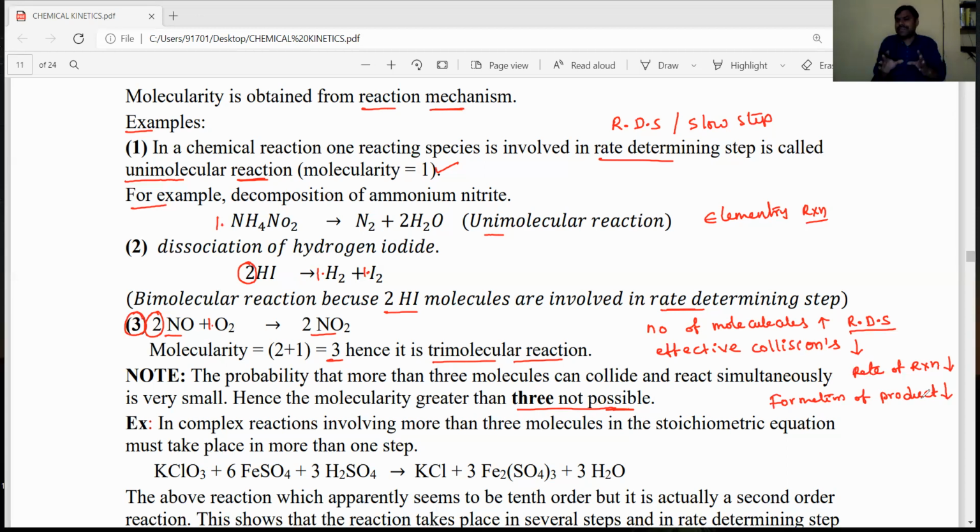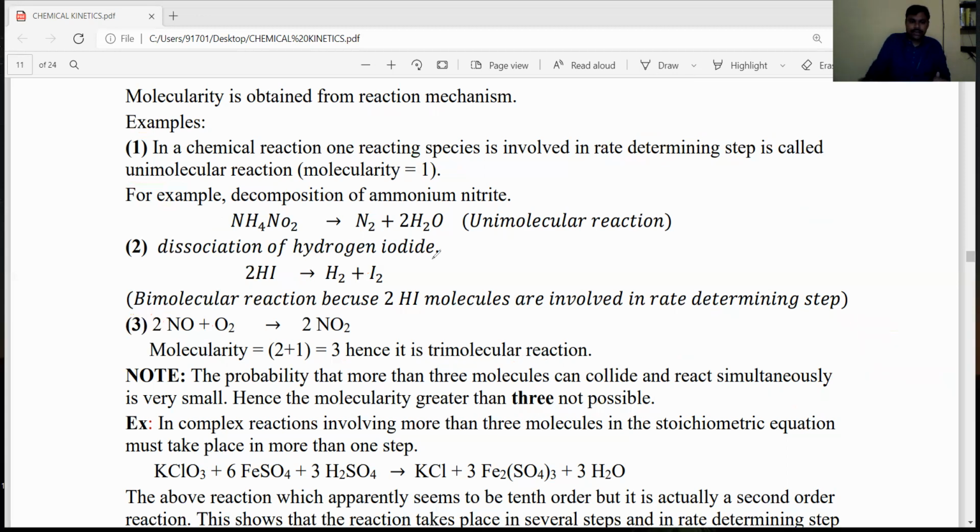But while looking at complex reactions, we thought so many moles of reactants are involved, hence its molecularity is 10 or 5 or 8 like that. But molecularity is never greater than 3, because very few molecules are involved in a rate determining step. The molecularity is determined by using the reaction mechanism, and it is a theoretical method. For example, let's see, dear students, one example I will show you.